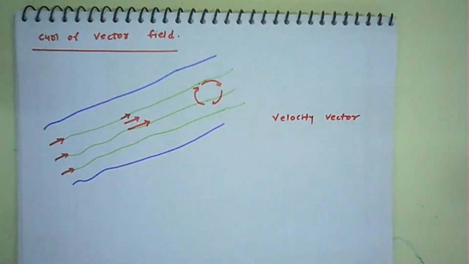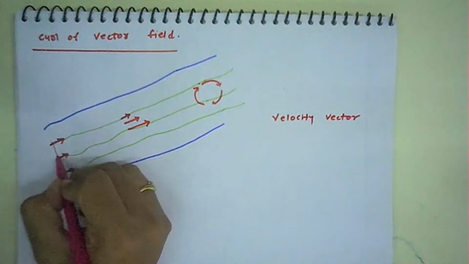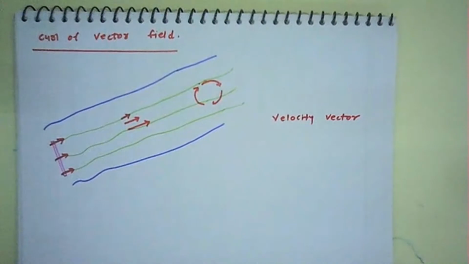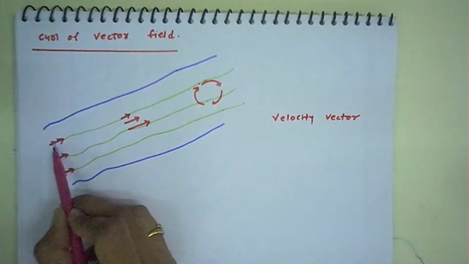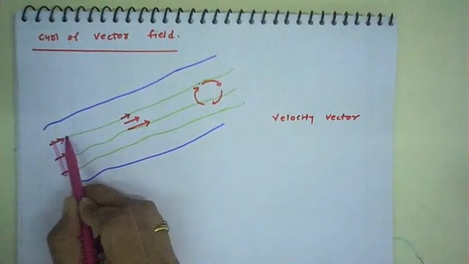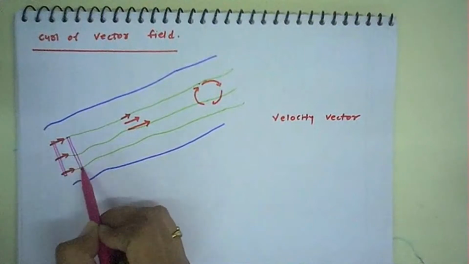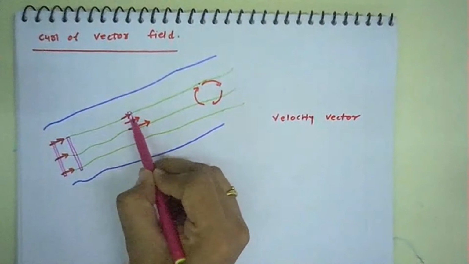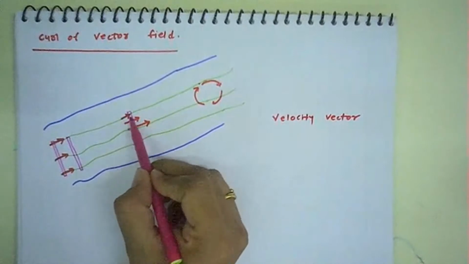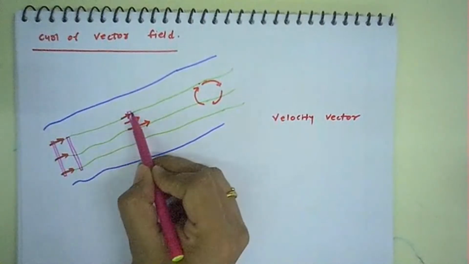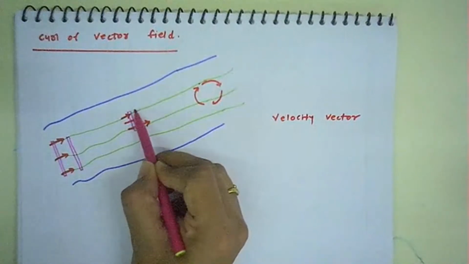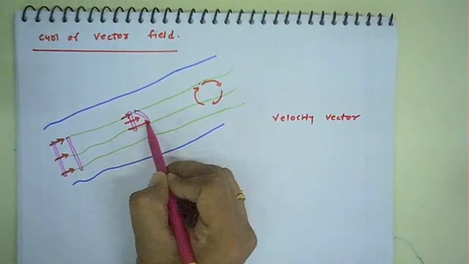Now what we are doing, we consider there is a certain stick here. We consider one stick, a wooden stick. So what would happen? The wooden stick, when we keep it in this, will move in this particular pattern. Here again we are keeping one stick. So what would happen? Because of this variation in this field, the stick would not stay in this particular position, but it would rotate a bit.